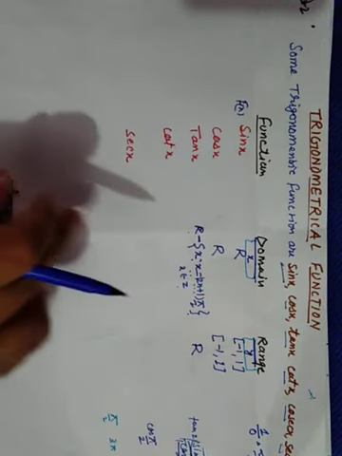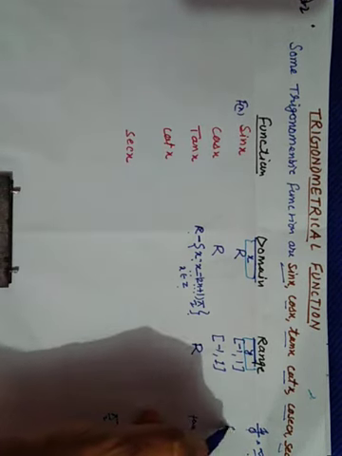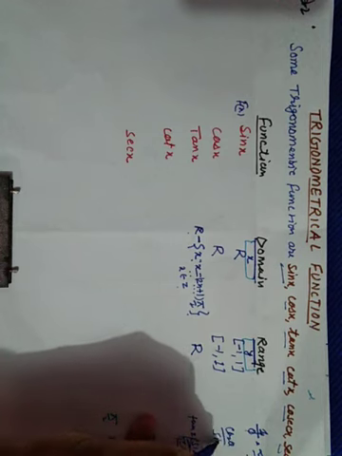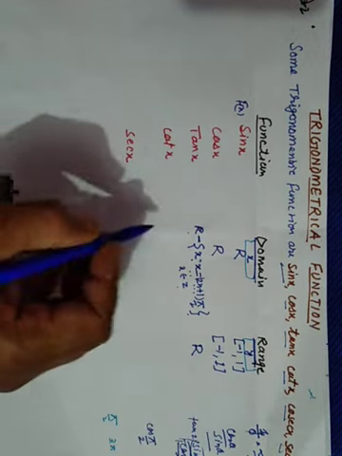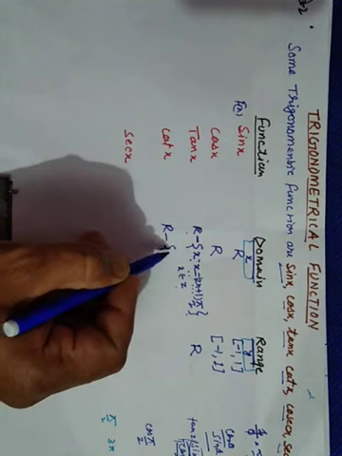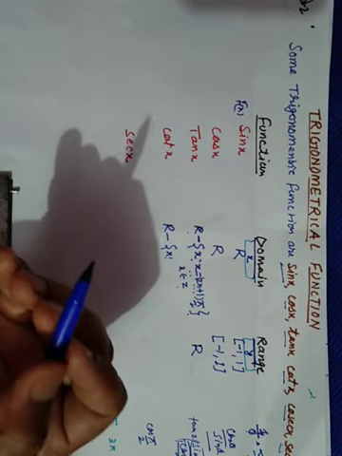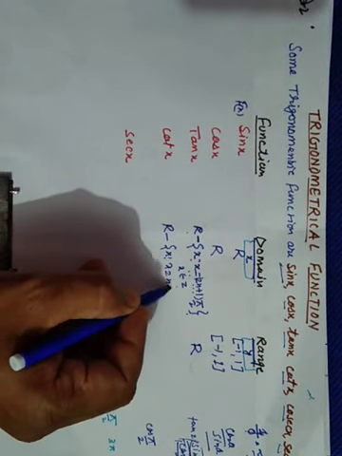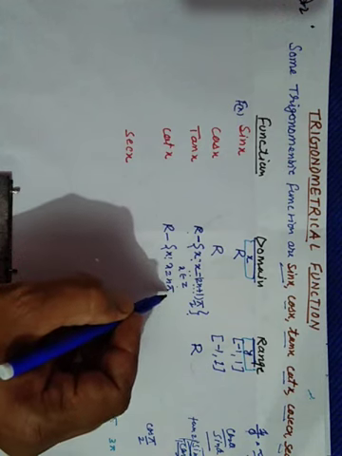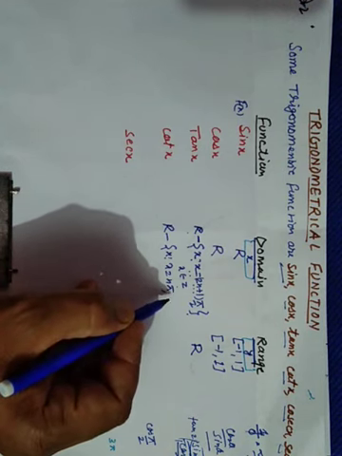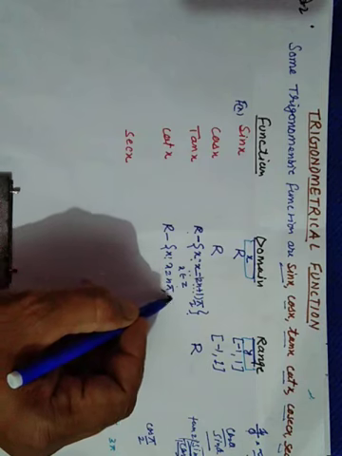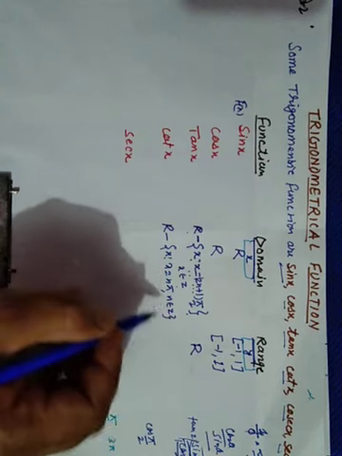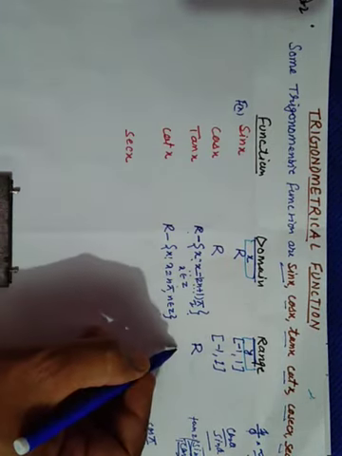Clear? Now cot x, again you know that cot is cos theta upon sin theta. So what will we do? All real numbers, but except what? We have to remove the values at which sin is 0. So we know that x is equal to n pi, for all n belongs to Z, integers. Now the range of this cot function is again all real numbers.